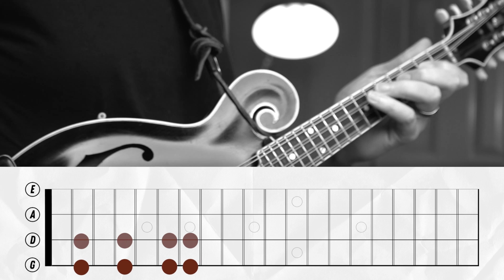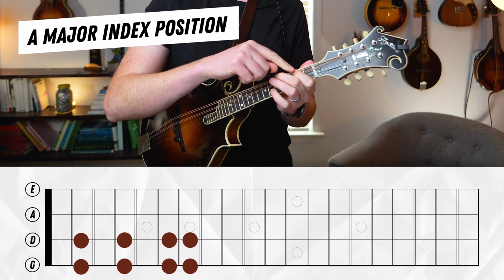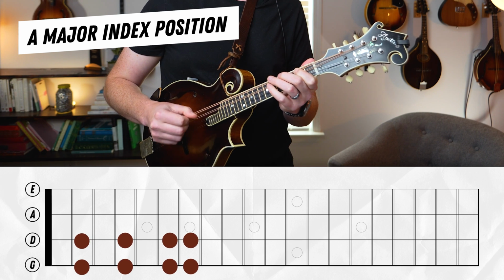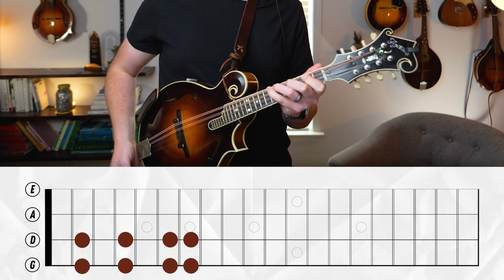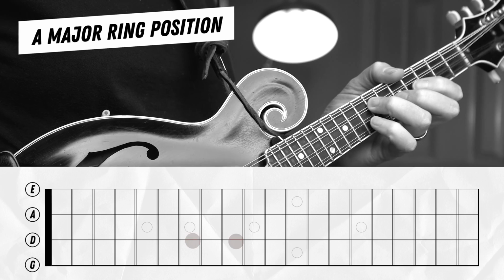For instance, if you were to play a closed position A scale, even just your first octave right here, having your index finger on the root, you get this really beautiful shape where you're just laying down one finger after the other as you go up the scale. And you don't have to worry about doing 3 fingers on one string or 2 fingers on another. It's always going to be 4 fingers per string before you move up to the next one. Just like that. And it'd be the same thing if you were to start on, say, your ring finger on the root. If you start right here on the 7th fret of your D string,